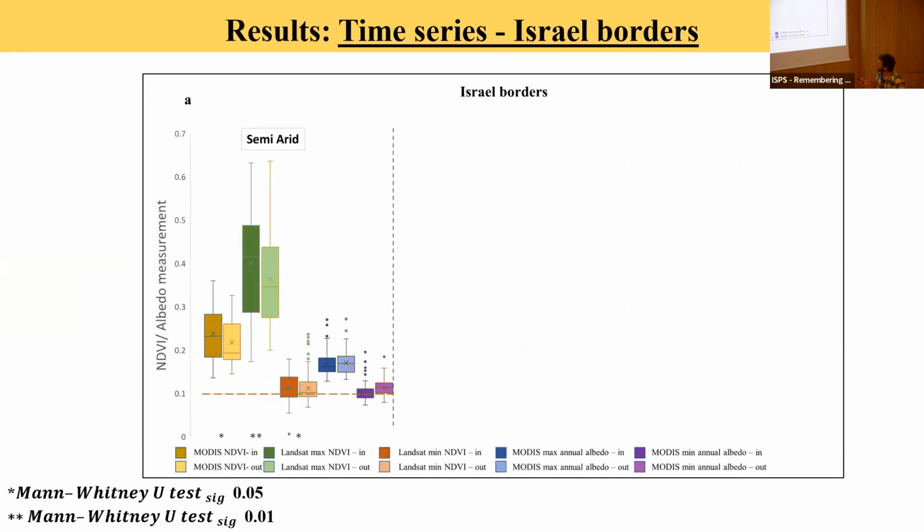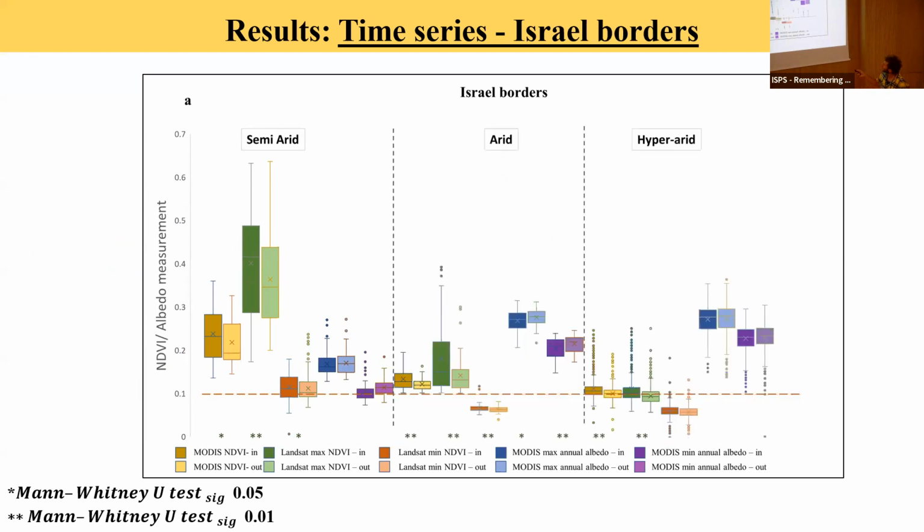And the results. I'll start now following the Israel borders at the semi-arid region. We have here the 5 imagery parameters, twice: once for the interior side, once for the exterior side. So this is the MODIS NDVI interior, exterior, Landsat max, Landsat min, albedo max, albedo min. And this goes as well for the rest of the climate zones: semi-arid, arid, and the hyper-arid. Again, 5 products twice: interior side, exterior side, darker color interior, lighter color exterior. And beneath here we have